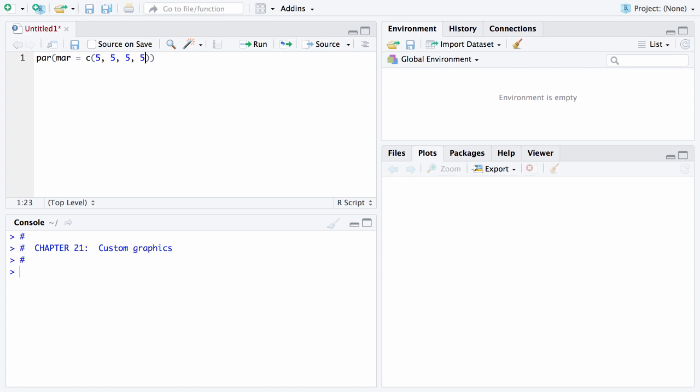One thing you're going to get used to in R when you're doing custom graphics is those 4 numbers are always going to be the bottom margin, the left margin, the top margin, and then the right margin. A lot of times when you see 4 numbers like that, that's what's going on. Now when you put in a command up here, nothing happens down below,